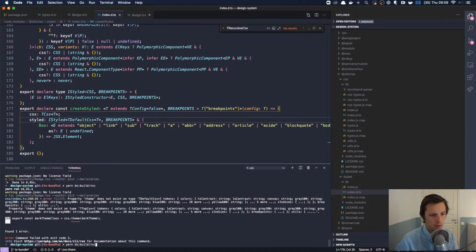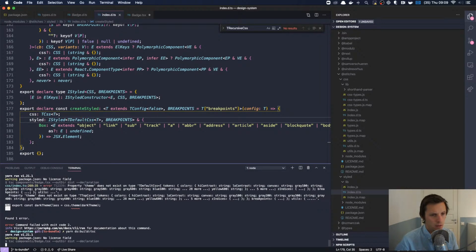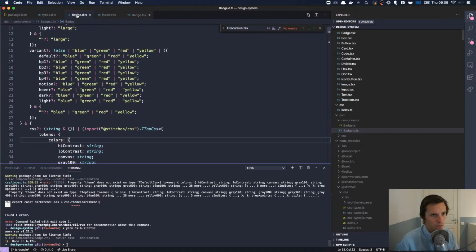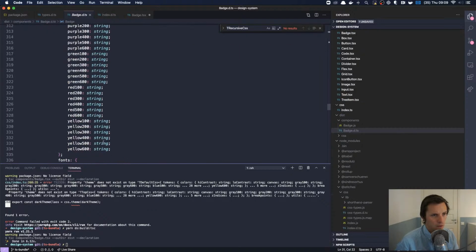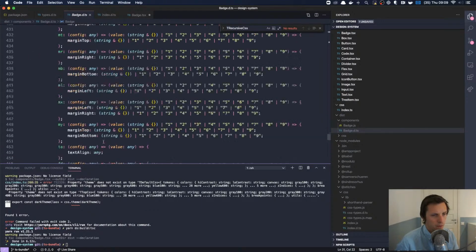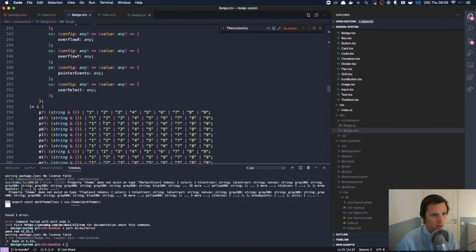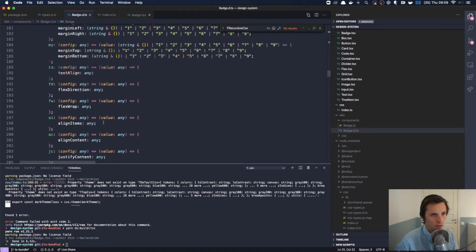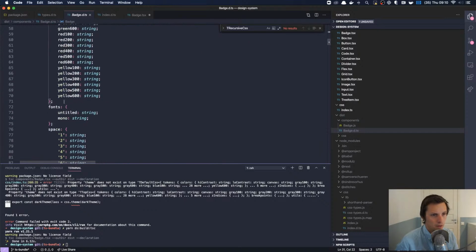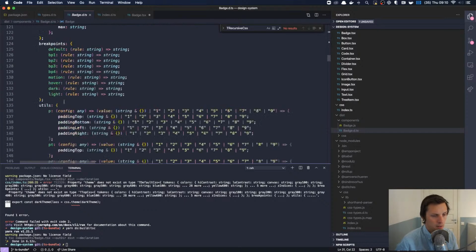Just do this. Well, it isn't getting any better. It's not getting any better. So it is the CSS prop, or...